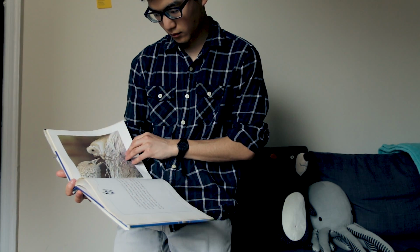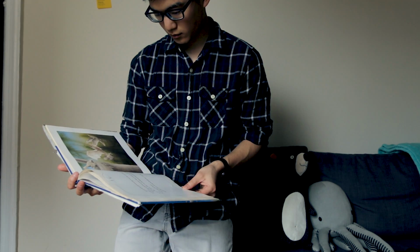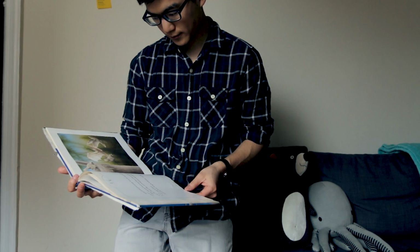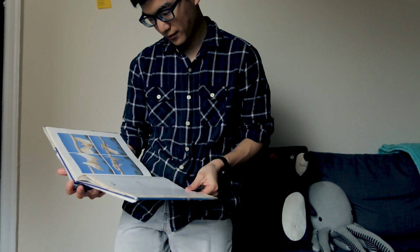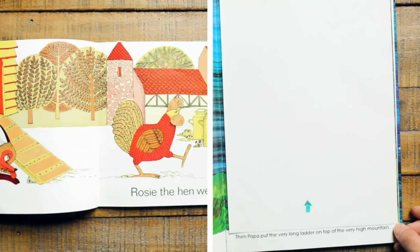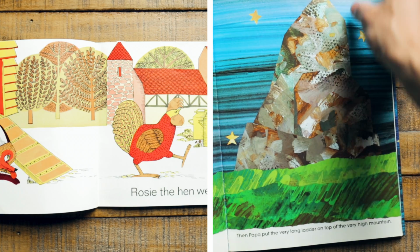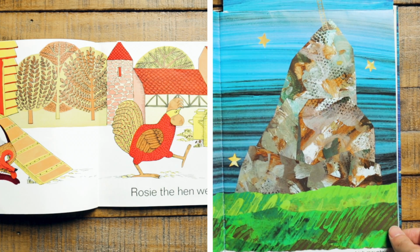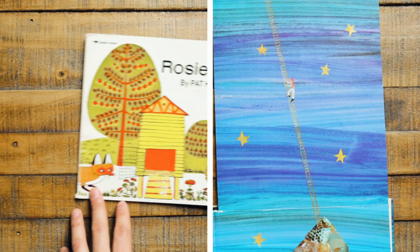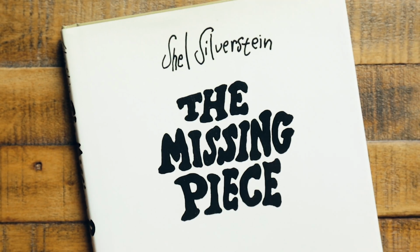But after learning all of this, I found myself back to the original question. What makes children's picture books so impactful? And I think the answer to this lies in what these books represent. By scattering the story between word and picture, by pushing readers to physically search for more information, picture books are an encouragement of exploration. The story often leaves a multitude of blanks for us to fill in, inferences to deduce,